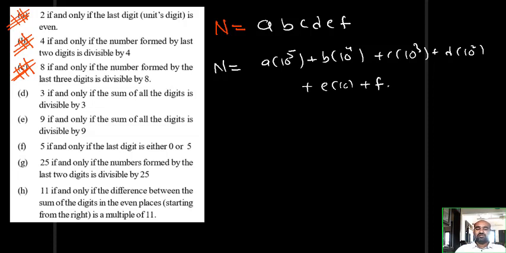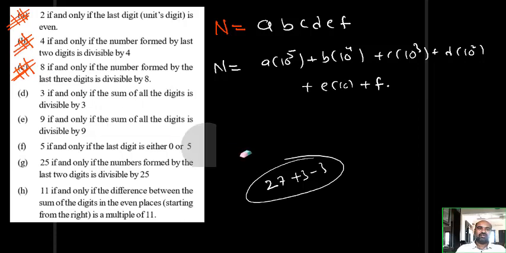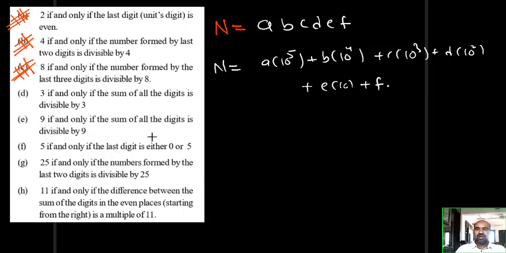Okay. So for example, if a number is there, for this I added 3 and subtracted 3. Nothing happened to the value of the number. Added, subtracted, nothing happened. So what I am doing here, I am adding A and subtracting A, adding B and subtracting B, adding C and subtracting C, adding D and subtracting D, adding E and subtracting E. I don't want to add F, already a single F is there.